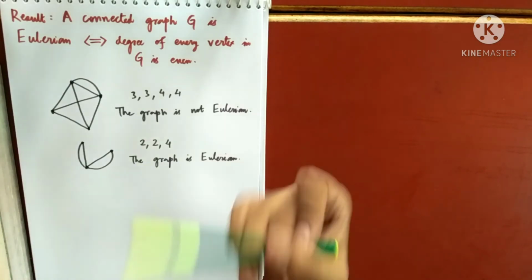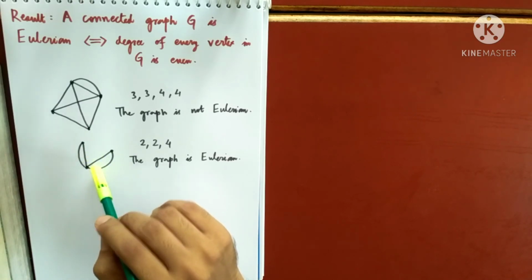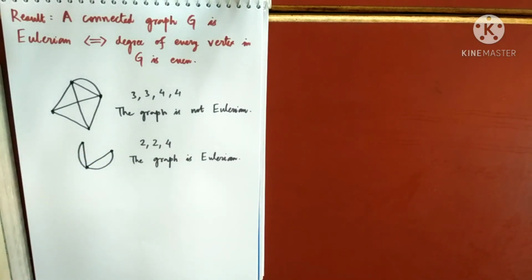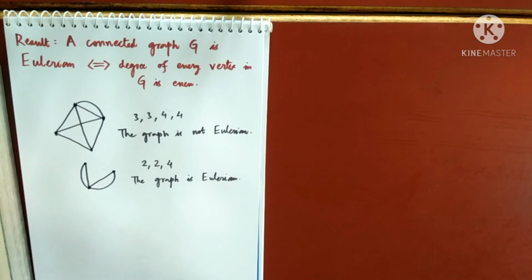Another way of asking this question is, can you draw this graph without picking up your pen and return to the original vertex from where you started? The answer is yes, because the graph is Eulerian. The childhood game that we used to play, drawing these figures without picking up your pen and returning to the same vertex, is now a very simple problem: you first determine whether the graph is Eulerian or not. If the graph is Eulerian, it is possible to draw it without picking up your pen. If it is not Eulerian, you cannot.